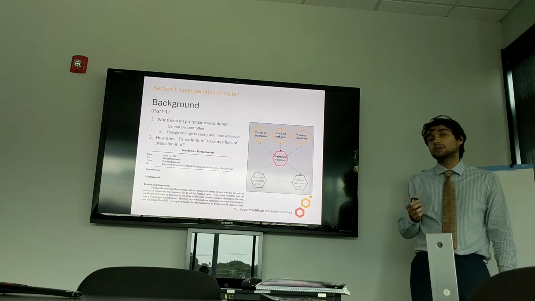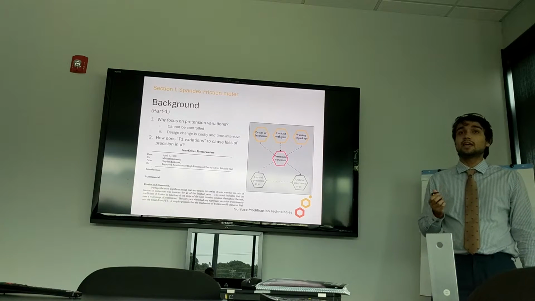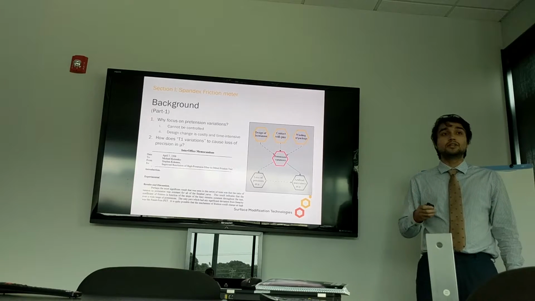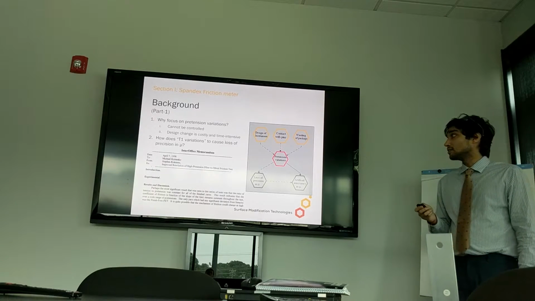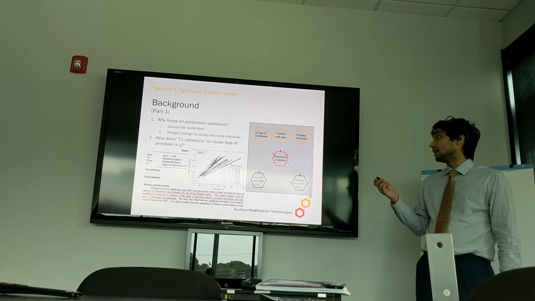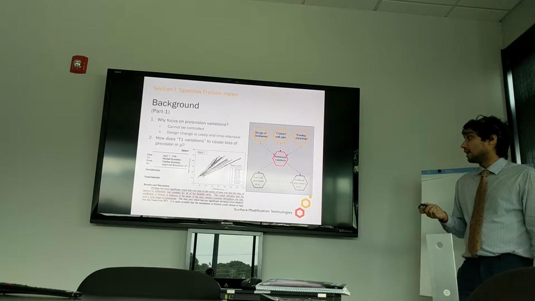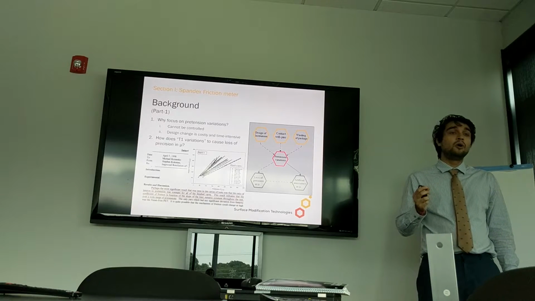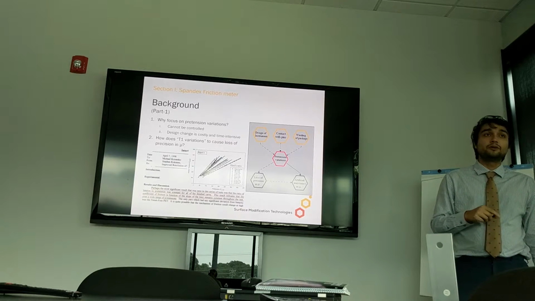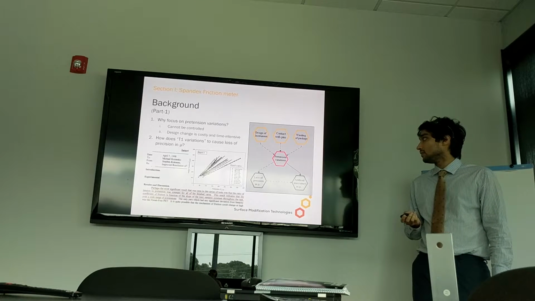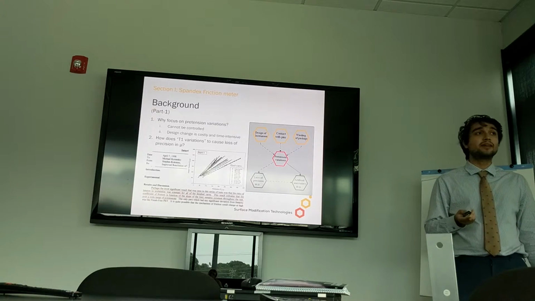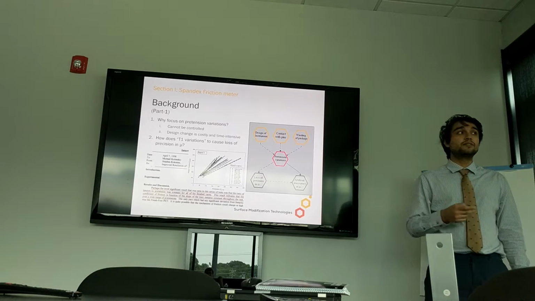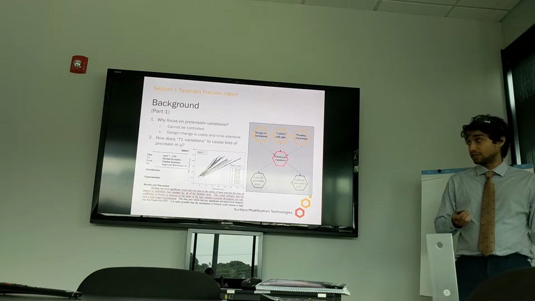Another reason why we focus on pretension variations is because they are capable of causing imprecision in the reported coefficient of friction. And that isn't the case for hard yarn fibers because of this study in 1998, which states that the ratio of pretension to output tension, or the coefficient of friction, is constant for a wide range of pretensions. However, no such study has been done for spandex, and so there is reason to believe that pretension variations can result in imprecision in the reported coefficient of friction.